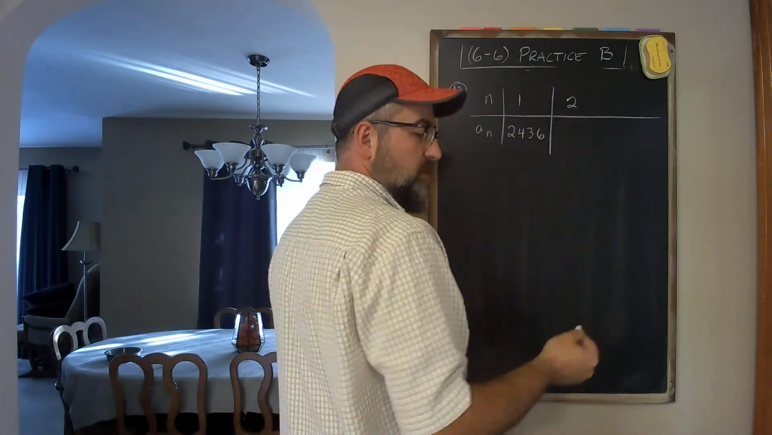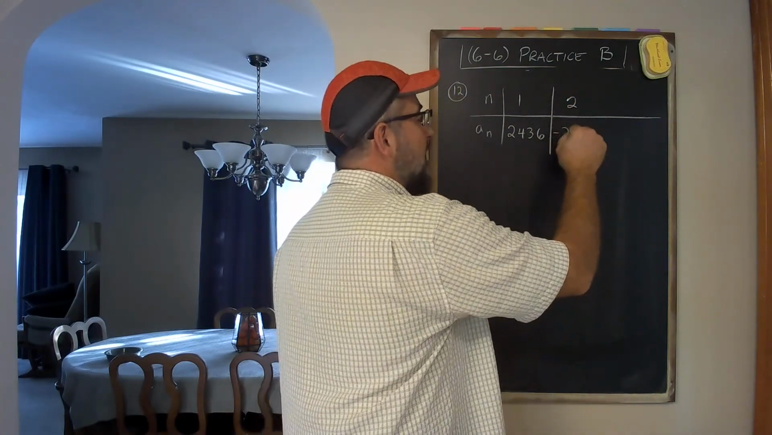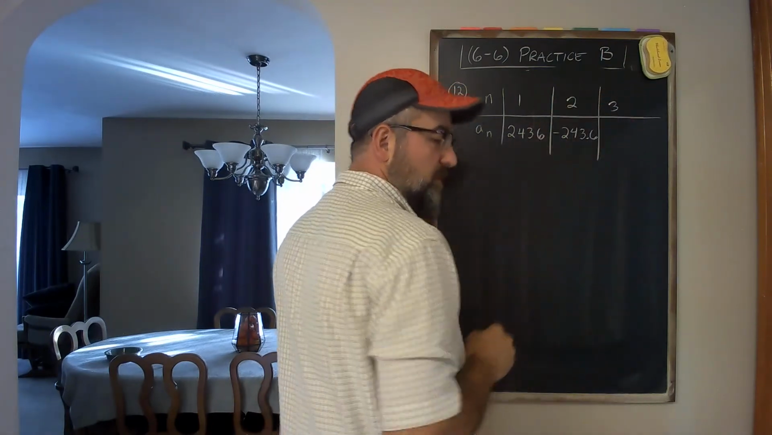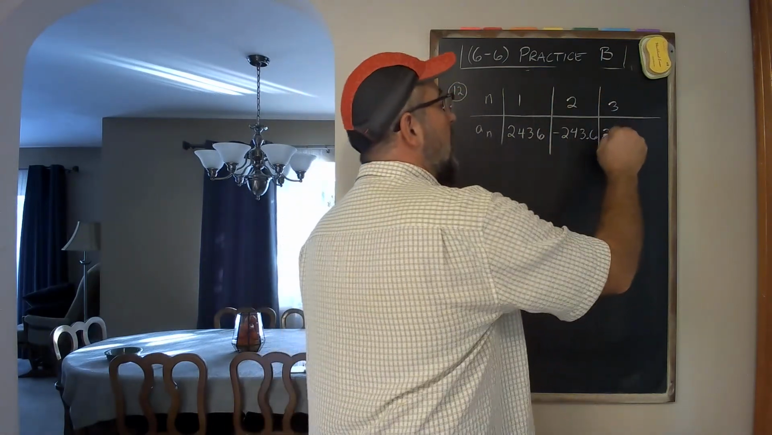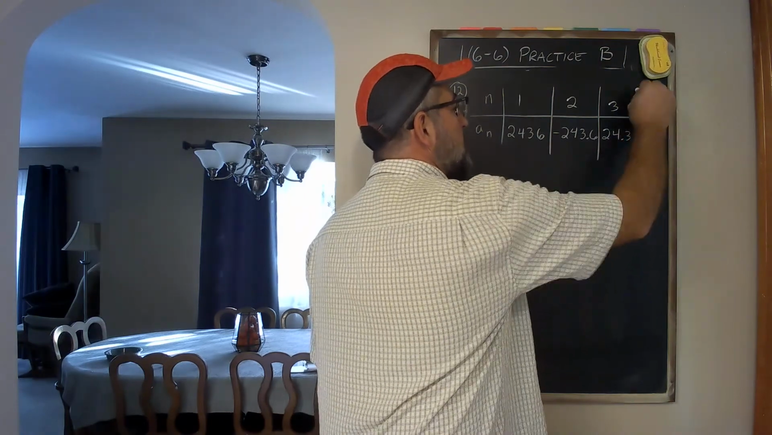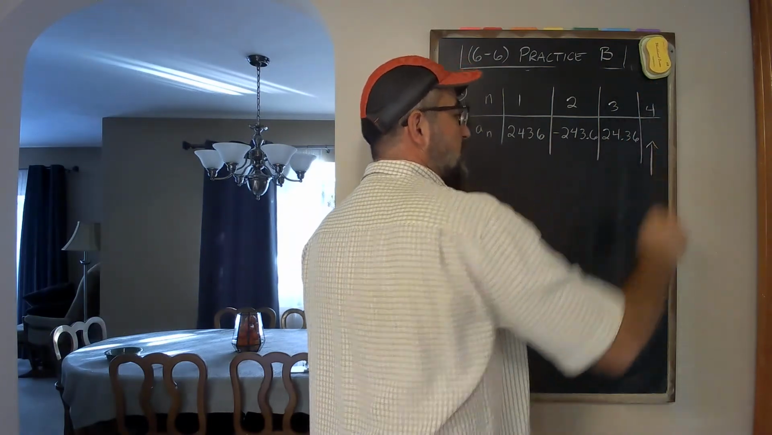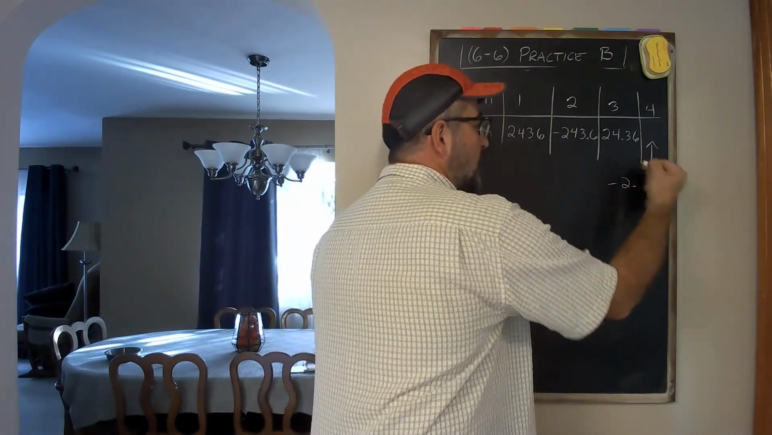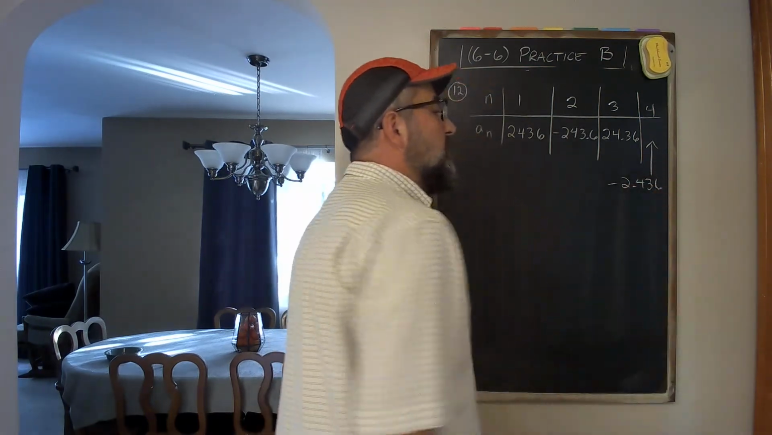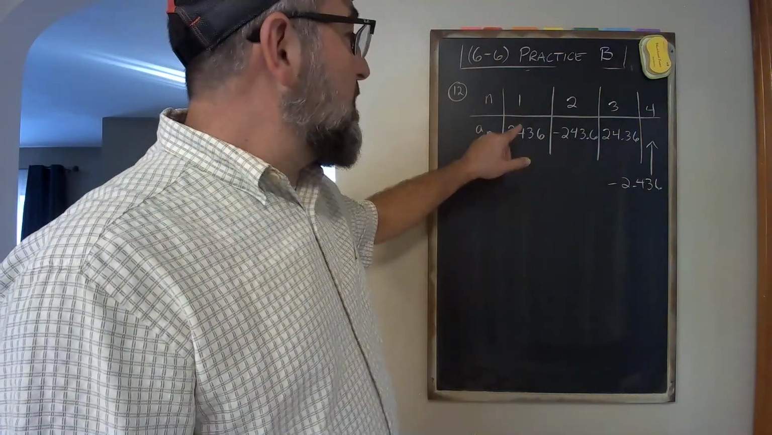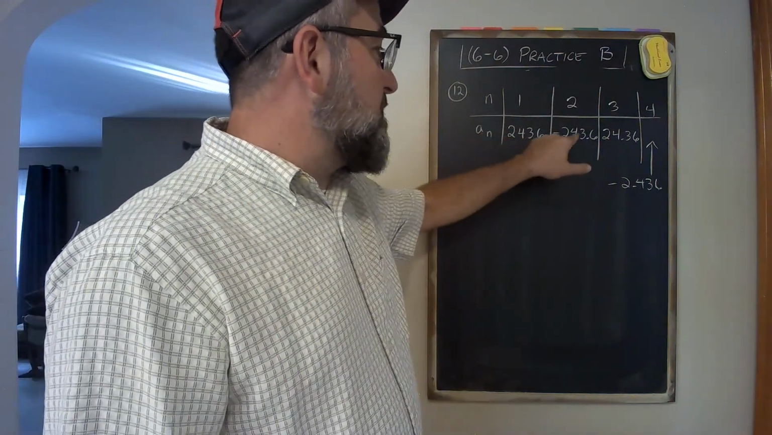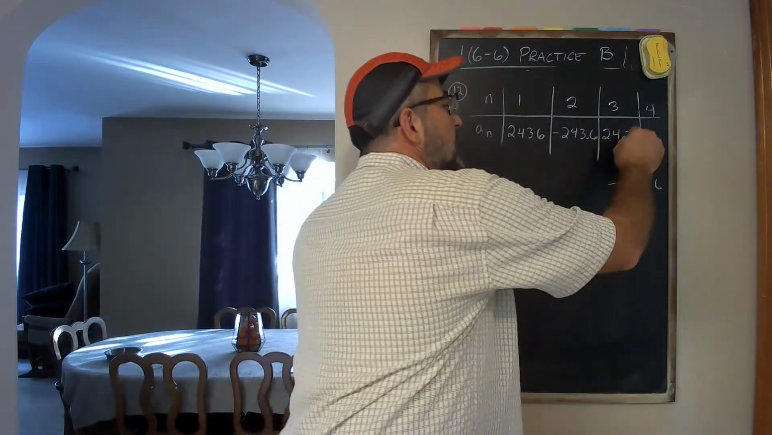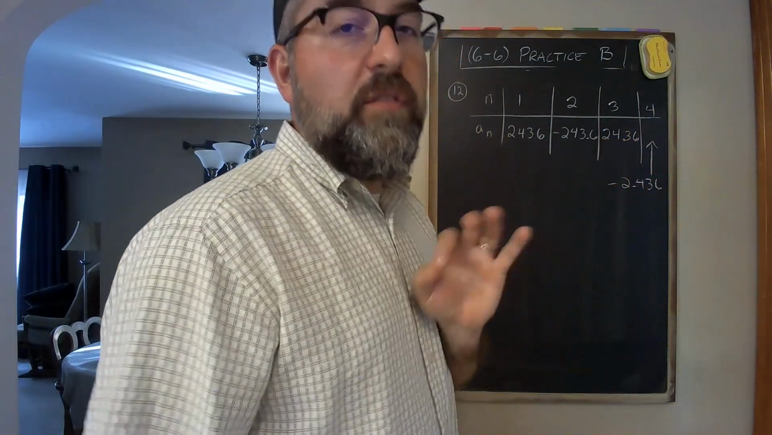When n is 2, you're looking at your second term. It's negative 243.6. When n is 3, you're looking at your third term. That one's positive 24.36, and I'm going to have to squeeze that in there for our fourth term. When n is 4, it's negative 2.436, which I think you can see is 2436, 2436, 2436, 2436, and I hope you recognize that all that's happening